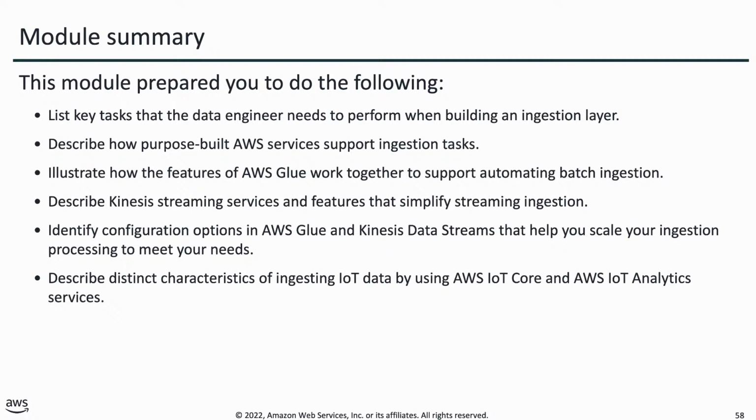We also looked at some of the characteristics of Kinesis streaming products. We went through some of the things you can do with AWS Glue and Kinesis data streams, and we talked at the end about AWS IoT Core and also AWS IoT Analytics. And those all tie together with the previous services as part of ingesting and transforming streaming